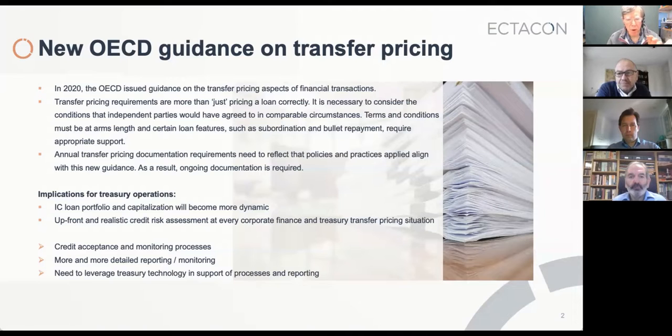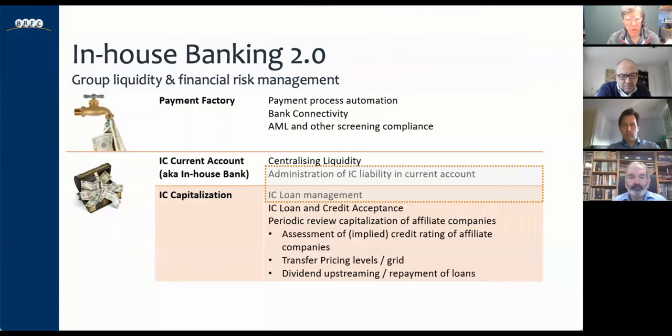And that's the framework, where you've taken two examples of what really needs to be focused on. The first one is on in-house banking, as you call it, the next generation 2.0. Bas, can you explain this? Because this is fundamental here. I was referring to the next generation of in-house banking primarily because I believe that, in my experience at least, we are quite familiar nowadays with payment factory and in-house banking as the intercompany current account, but that's primarily for a consolidated and centralized liquidity management.